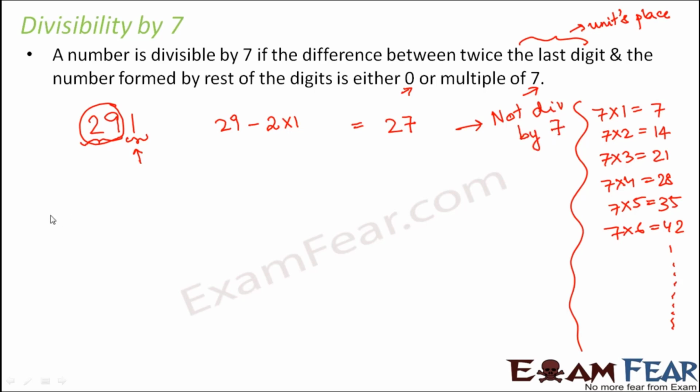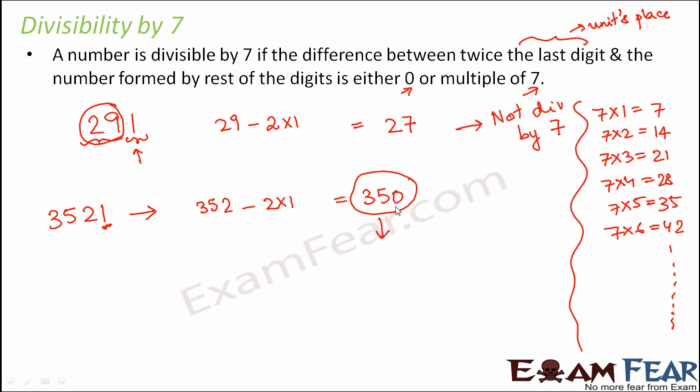So let us look at other examples. Let us suppose you have the number 3521. How would you check for divisibility by 7? First, consider the last digit. Multiply it by 2, and subtract it from the remaining number, that is 352. So basically it is 350. Now do you know if 350 is divisible by 7 or not? Because 350 is also a big number, it is difficult to tell if it is a multiple of 7 or not.